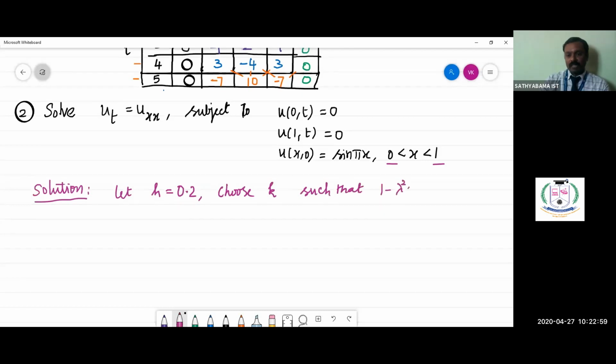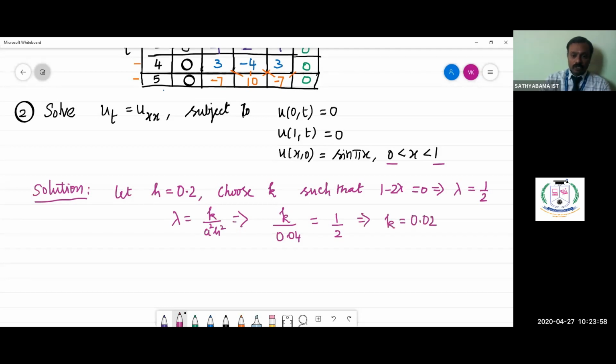1 minus lambda squared a squared will be equal to 0. So that means we choose 1 minus 2 lambda is equal to 0. This implies we should choose lambda is equal to 1 by 2. But the value of lambda is ka by h squared. So we have to choose k by a is 1, h squared is 0.04. It should be equal to 1 by 2. This implies our k should be taken as 0.02, so that we can have the simplified Bender-Schmidt